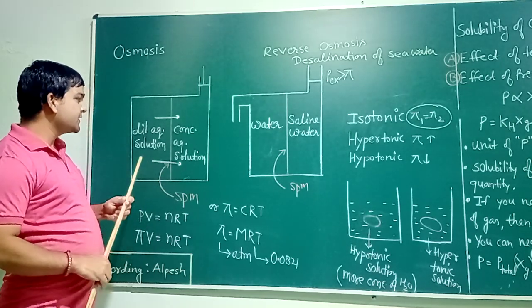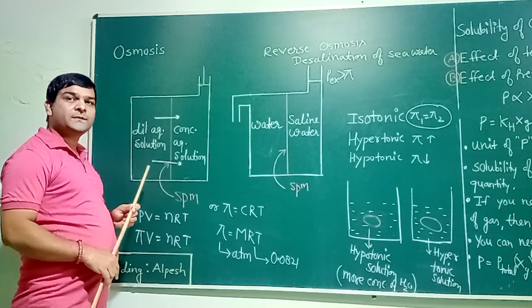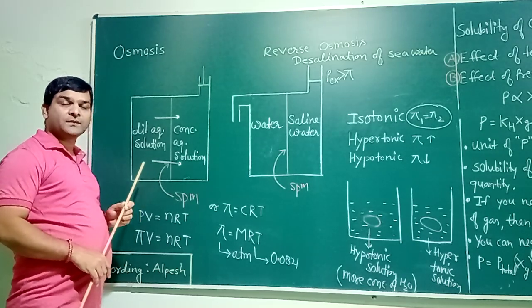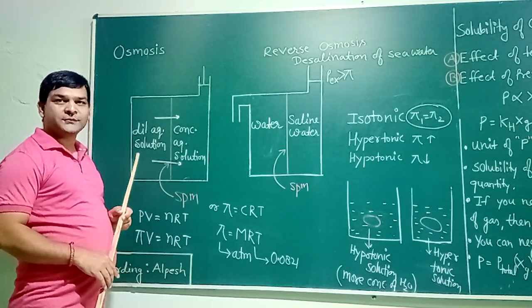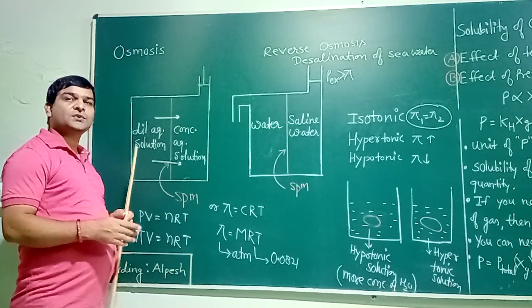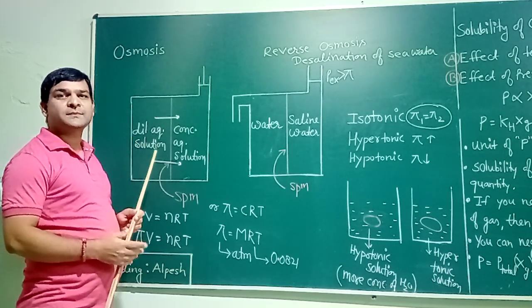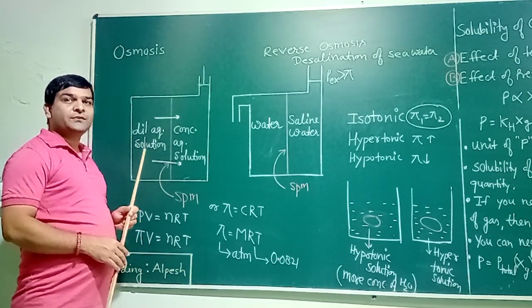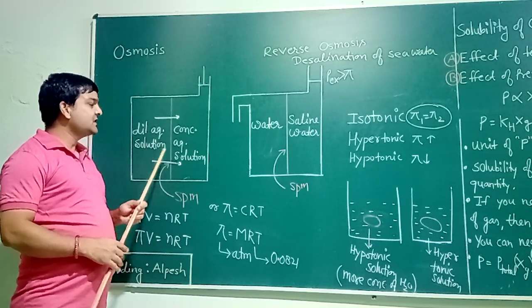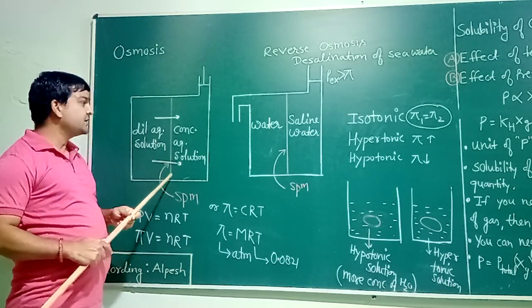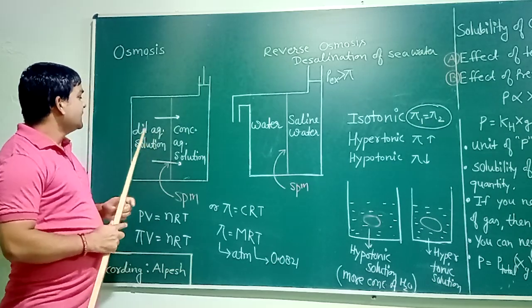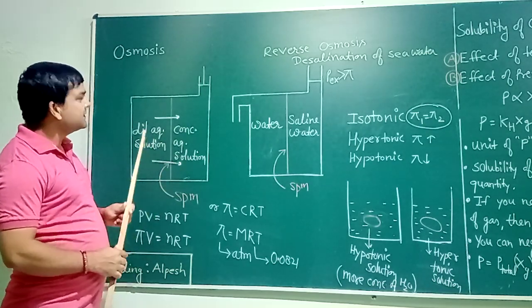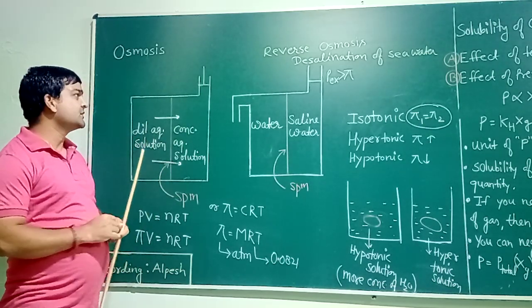For more clarification, remember some differences between osmosis and diffusion. In diffusion also particles move, but in diffusion both solute as well as solvent particles can move. Secondly, diffusion does not require any semi-permeable membrane, which osmosis requires. So movement in this direction is known as osmosis.